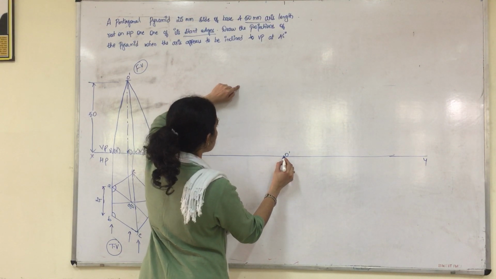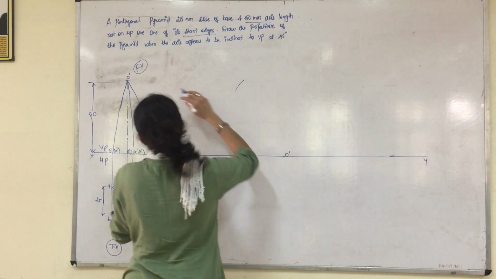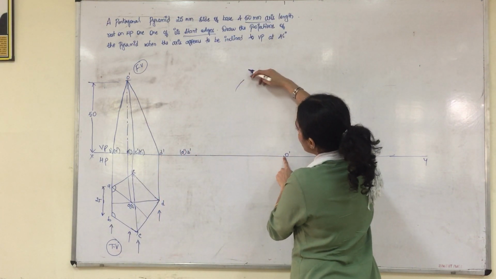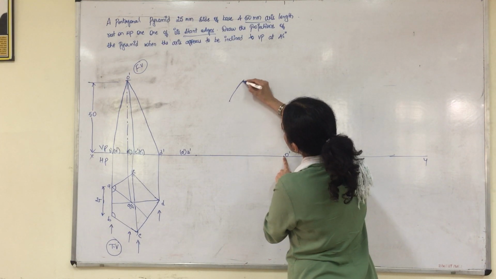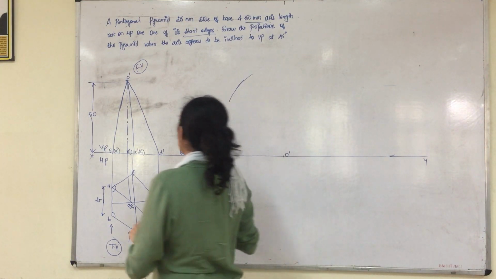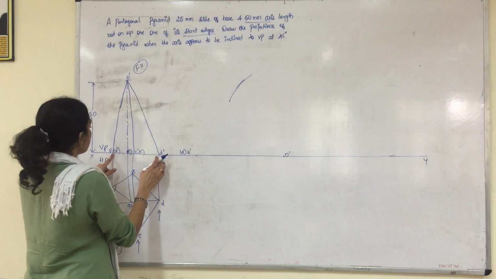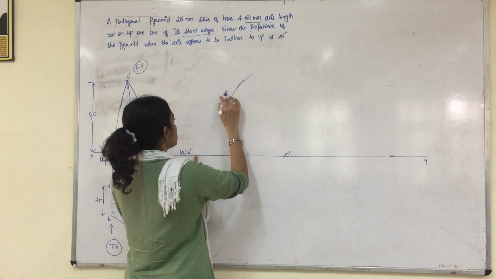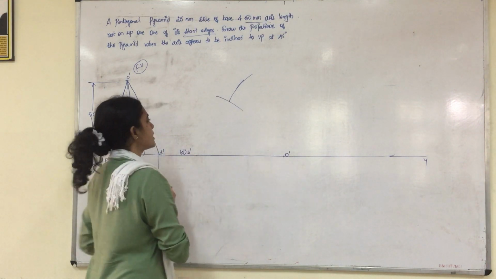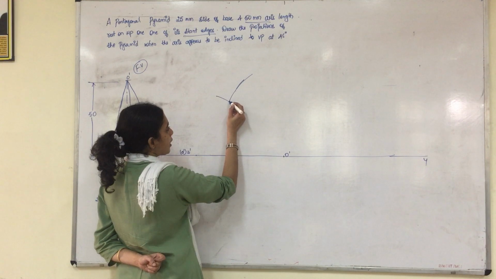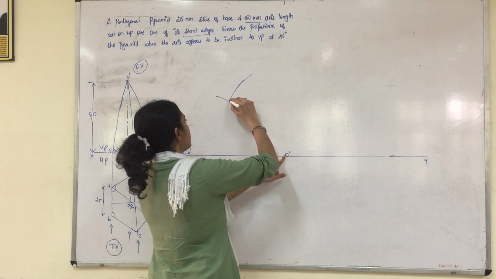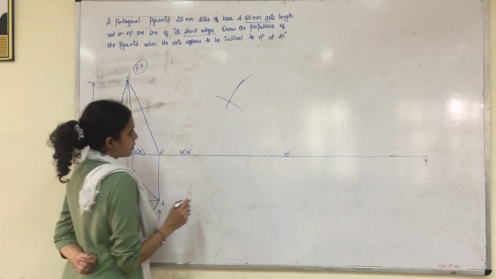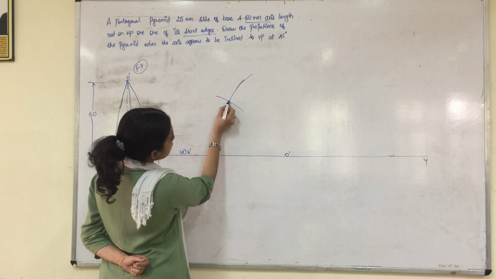Keeping one end of the compass here, just cut an arc. So this distance you will measure from D dash to O dash and keep here and cut an arc. Just extend the arc a little bit because the other side also should intersect. And again from A dash, B dash to D dash, what is the distance? You come here and just cut an arc. So it can meet at some common point. In that case you have to extend the arc. Again keep here and extend the arc such that you get the intersection point.